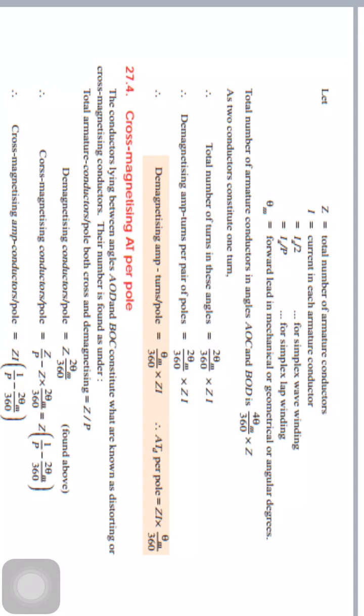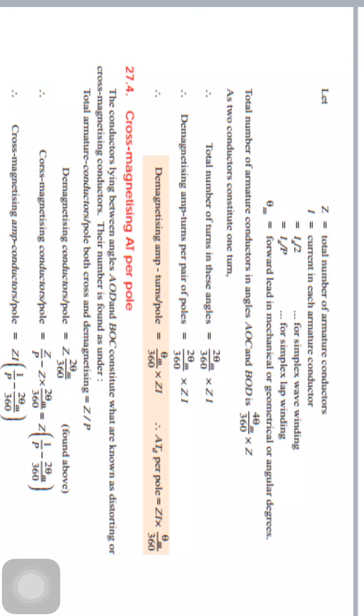Now the demagnetizing ampere turns of armature reaction can be neutralized by adding some extra turns on each pole of the generator. So the number of extra turns per pole is equal to ATD, that is theta m by 360 into Zi, divided by ISH for a shunt generator, and ATD, that is ampere turns per pole for demagnetizing effect, divided by IA for a series generator. Okay, so remember this one.